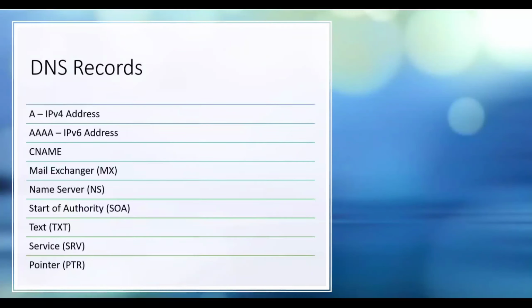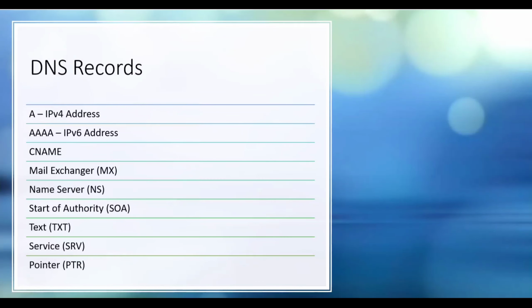So there are some tools that will help you to check this information. You can check it through MX Toolbox, or you can use NS lookup. These are some of the tools that help us to identify or enumerate this information. And then we have mail exchanger.